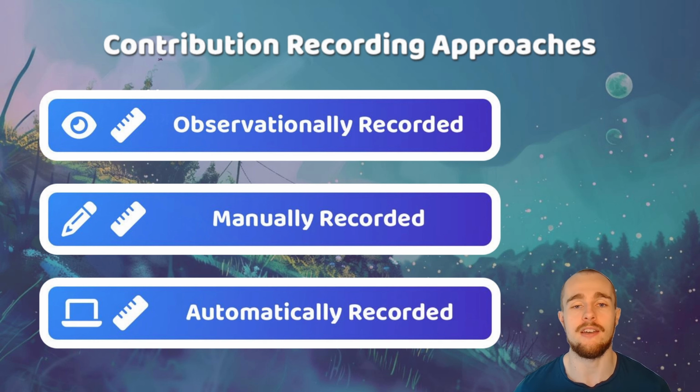Another approach to consider is manually recorded contributions. Contributors could manually make a submission about the contribution efforts they make and provide any evidence that supports those claims. Manually recorded contributions are necessary for situations where it is not as easy to automatically record and verify someone's contributions. In-person events, meetings, or other forms of mentorship and leadership could all be examples of contributions that are more difficult to record without using a manual submission process.